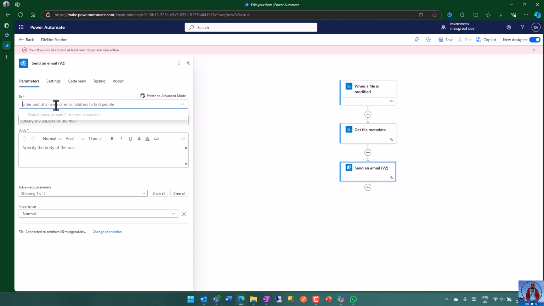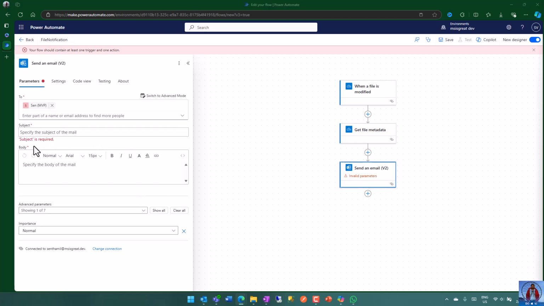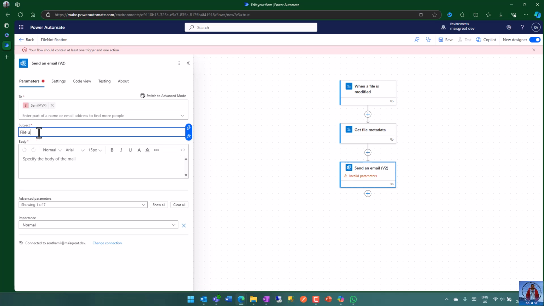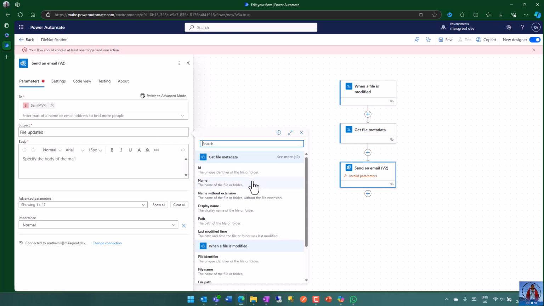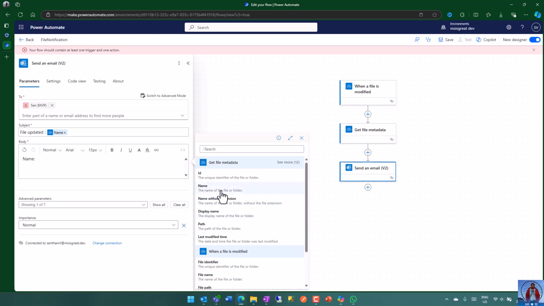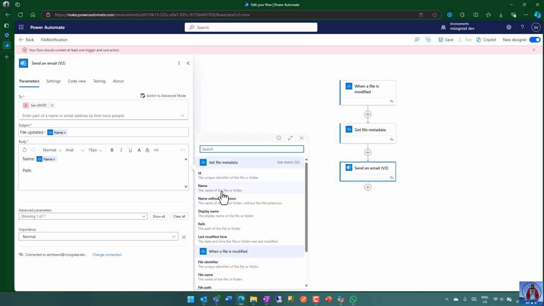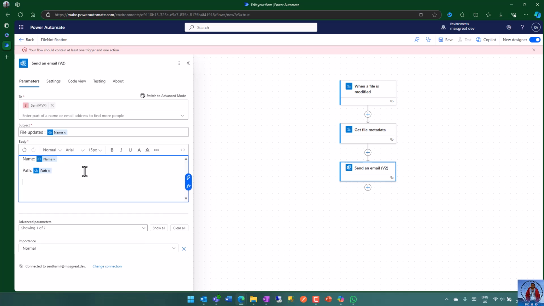And this email is going to be sent to myself. The subject is file updated, and you can get it from the previous step. What is the file name? Name of the file. And in the body or the subject I'm going to add all the details like name of the file, path to the file, and modified by